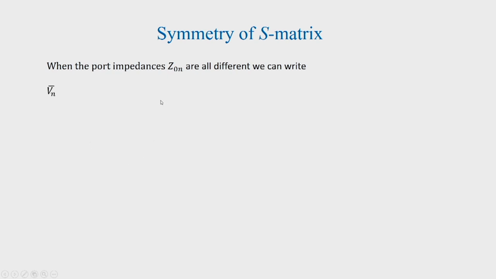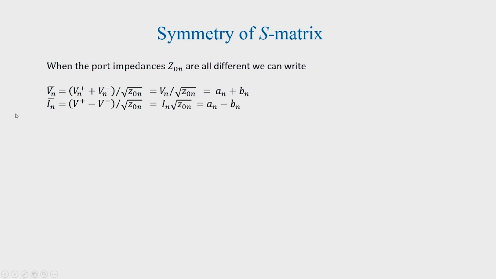So, in order to show that, we write V n bar to be equal to (V n plus V n minus) divided by root Z0 n, and this is actually A n plus B n, and in the same manner I n bar becomes A n minus B n, and we introduce